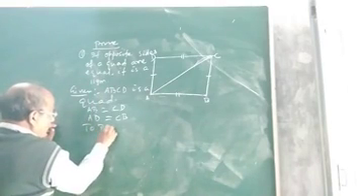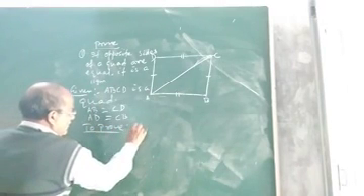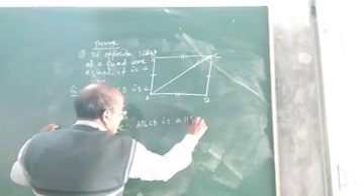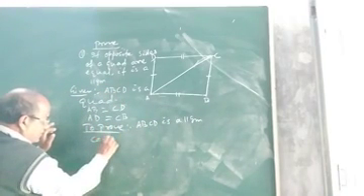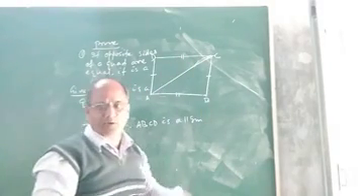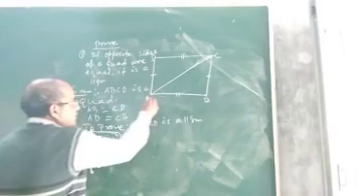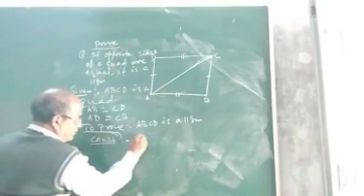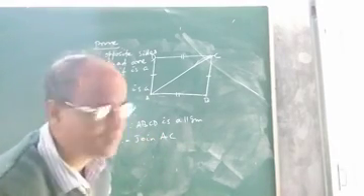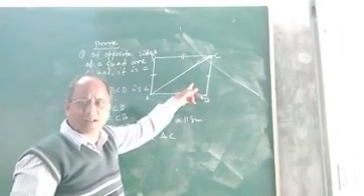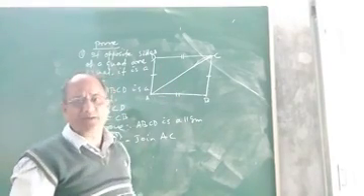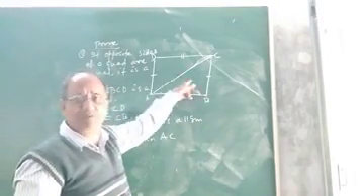So what do we want to prove? We want to prove that ABCD is a parallelogram. And for this we need a construction. Without construction it is not possible to show that one pair of opposite sides is parallel. So the construction is, you join any one diagonal. Suppose I join AC. Now look, children, by joining the diagonal AC, the quadrilateral has been divided into how many triangles? It has been divided into 2 triangles.